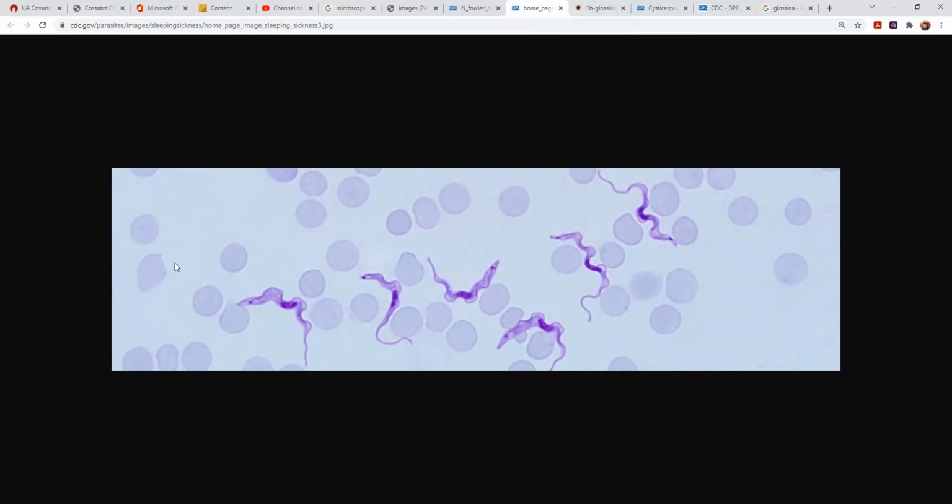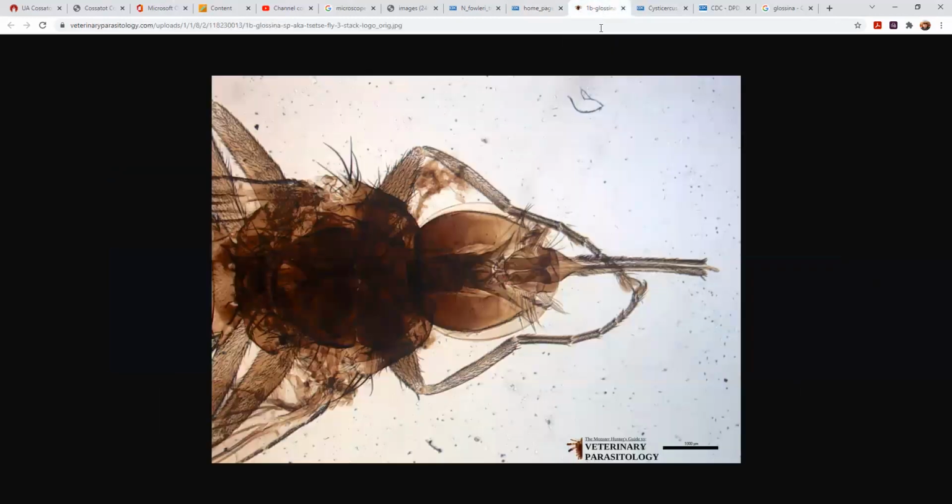Now, this particular species of Trypanosoma, Trypanosoma brucei, is spread by the tsetse fly. This is a very enlarged image of the tsetse fly, where you can see its head region here. You can see its proboscis extending out here. The tsetse fly is a dipteran, just like house flies or horse flies, but it is the biological vector for the